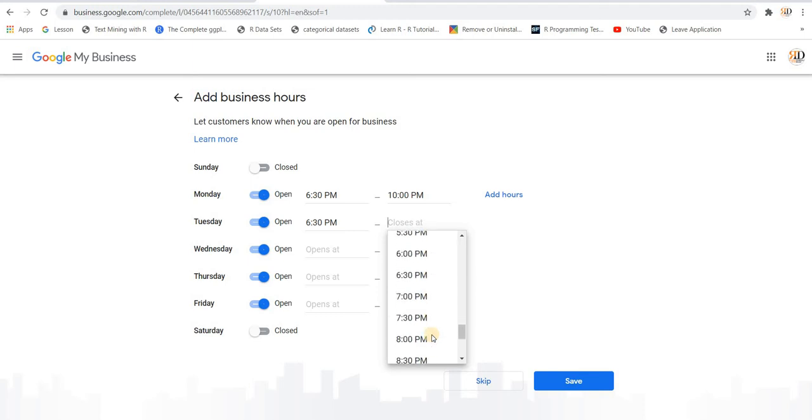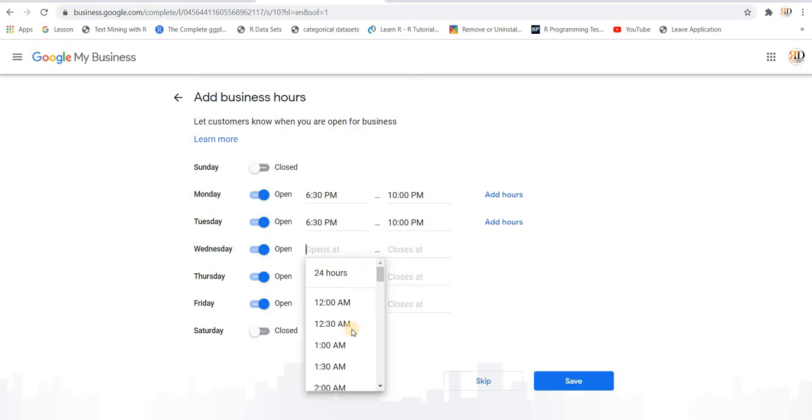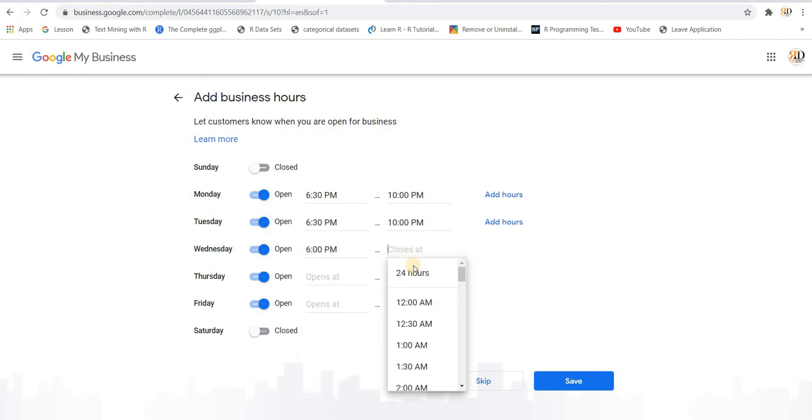6:30 to 10. Now it's taking time, but it's important that you set up your account properly, because customers need to get all the information about you. They need to know when you are open, when you are closed.